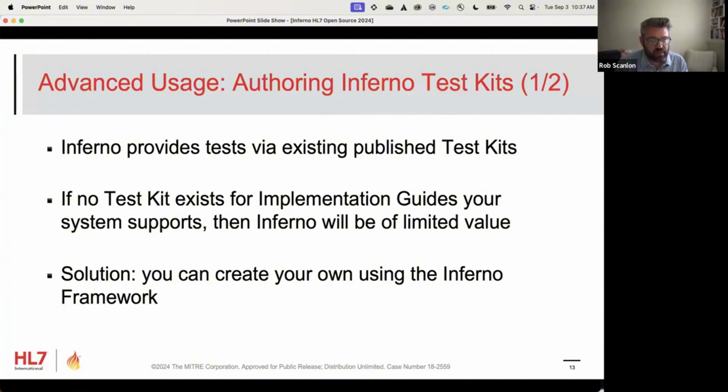Something to keep in mind: if a test kit doesn't exist for an implementation guide that you are interested in or you're developing against, then Inferno will be of limited value. We really are focusing on building testing around published implementation guides, because that's where we provide the most value around providing automated API tests. So if no test kit exists, Inferno might not be all that useful to you. However,